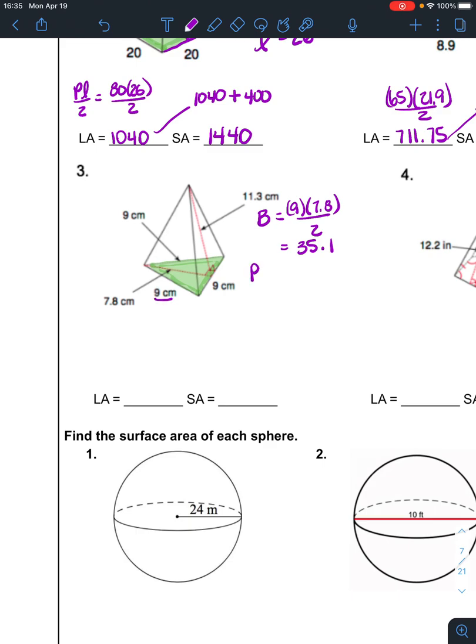Okay, the perimeter of the base, 9, 9, and 9. So the perimeter is then 9 times 3, which is 27. And then the slant height is 11.3. Always look for that slant. Okay, it's 11.3. So lateral area, perimeter times slant height over 2